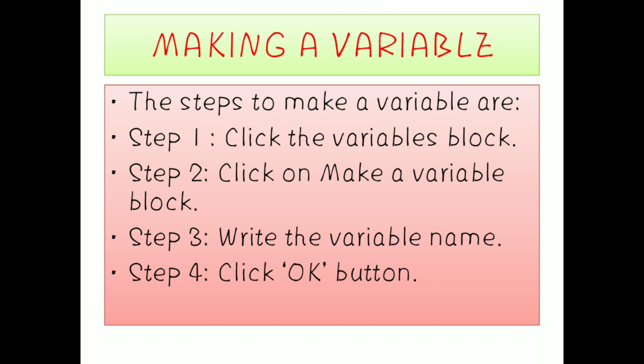Okay children. Next coming to the operators block. Operators block means we mainly have three kinds of operators, which are called arithmetic operators, relational operators and Boolean operators. Like that we have 17 operators. Okay, arithmetic operators means addition, subtraction, multiplication and division. While coming to relational operators, less than, greater than or equal to. While coming to Boolean operators, it is and, or, not.